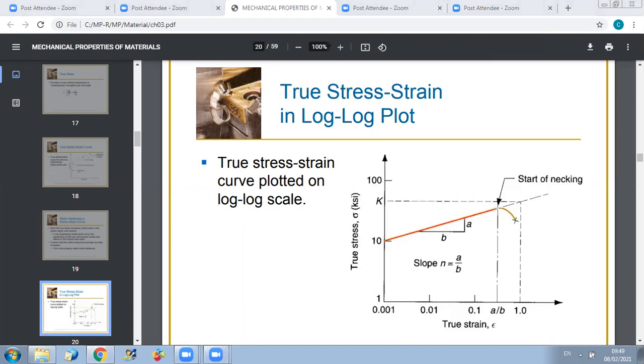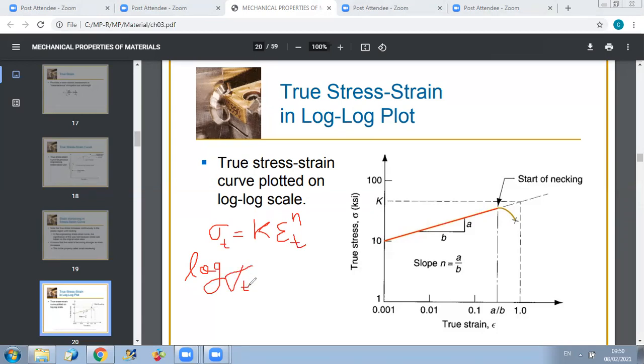Because we have observed that the true stress versus the true strain is of the following form: sigma true is equal to K, which is a certain coefficient, times epsilon true to the power n. So if we apply the log on this equation, what do we get? We get log of sigma t